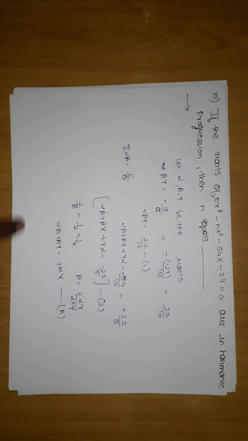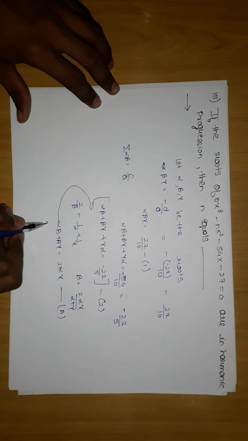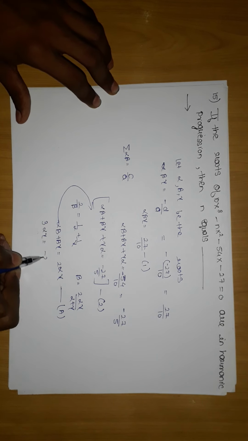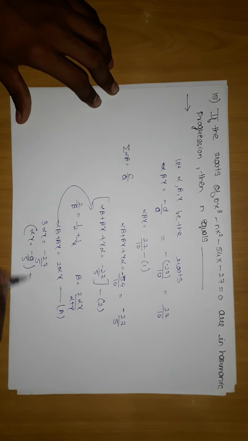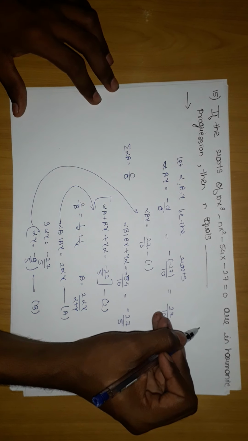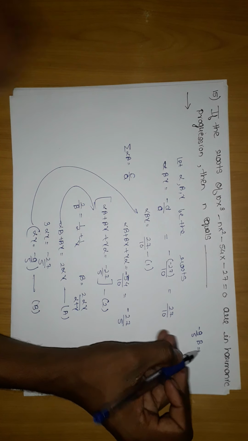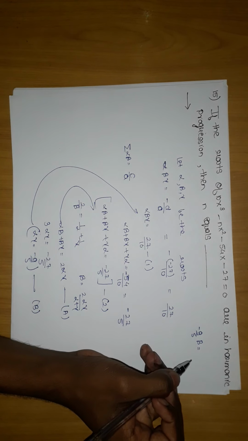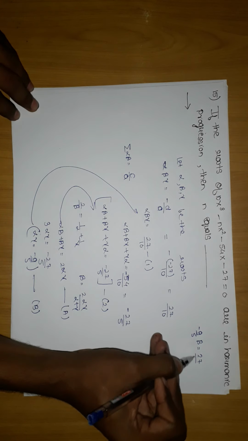If this is true, then can I substitute this a value in this 2? What I will get: 3 alpha into gamma will be minus 27 by 5, which gives me alpha into gamma is minus 9 by 5. Call it the b value. But if I substitute this value in my first equation, what am I getting? Minus 9 by 5 into beta should be equal to 27 by 10.